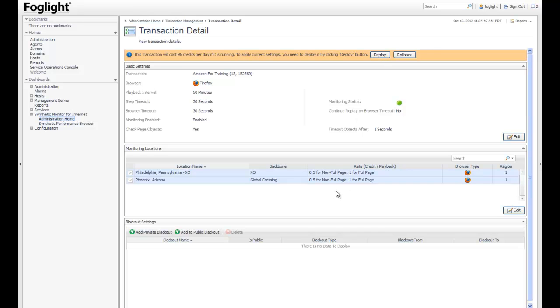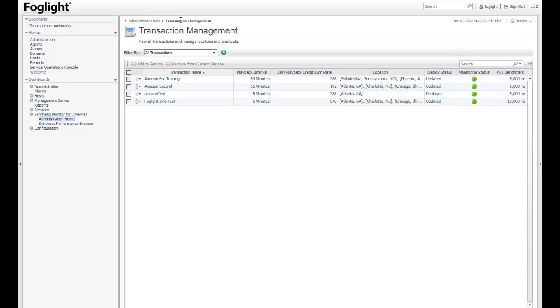I could also change my playback locations, so I'd be able to add a location onto this if I wanted to. So it's pretty easy to come in and re-provision these as needed, depending on demand. So I could record additional scripts, and any management can be done from here. Now the data that you'll get,